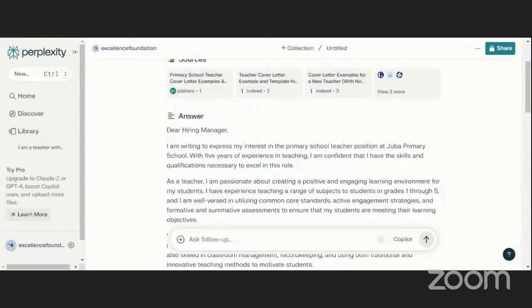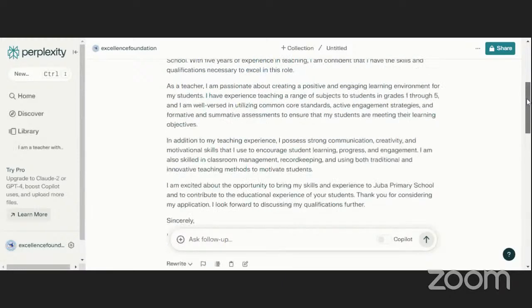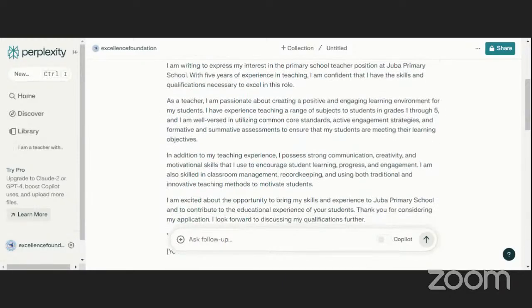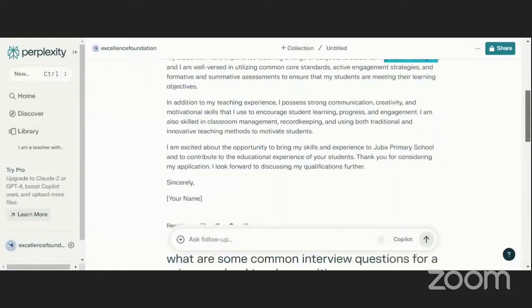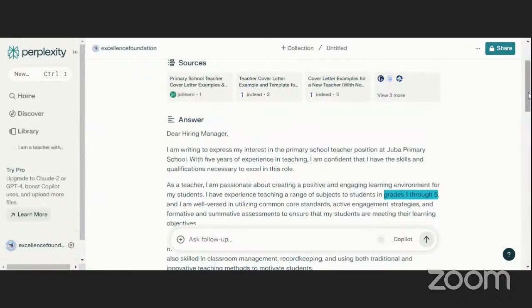That is why it has the option here for you to be able to copy. You can copy from here, and then you paste. And when you paste, you can edit, because some of these things here are not applicable. For instance, if you're applying for a teaching role in South Sudan, these grades and stuff, they don't apply. There are a lot of things here that you will change, and you can change the language a bit.